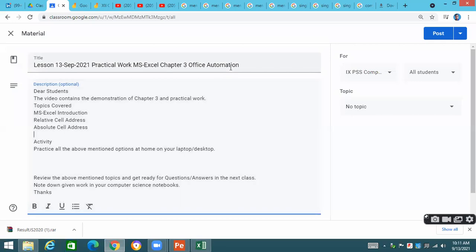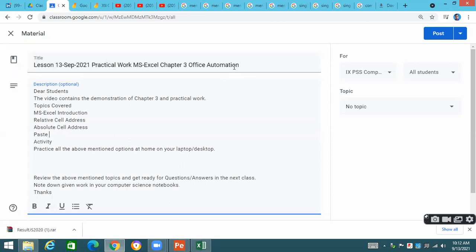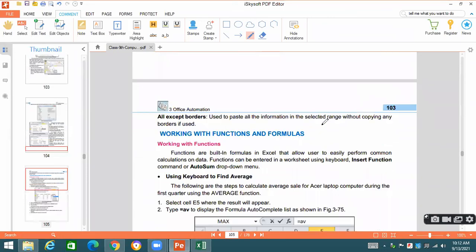Paste special is covered. Okay, now come towards the next option.